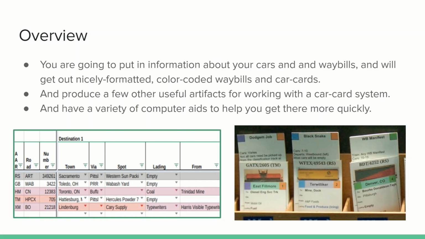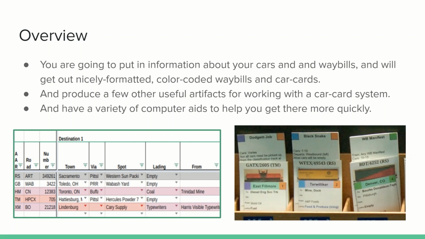So just a quick overview of what this system will do for you is that you put in information, as you can see in the lower left-hand corner there, a little snippet of a page where this information is being put in about your cars and your waybills. And what you'll get out is what you see on the lower right-hand side, which are some nicely formatted, color-coded